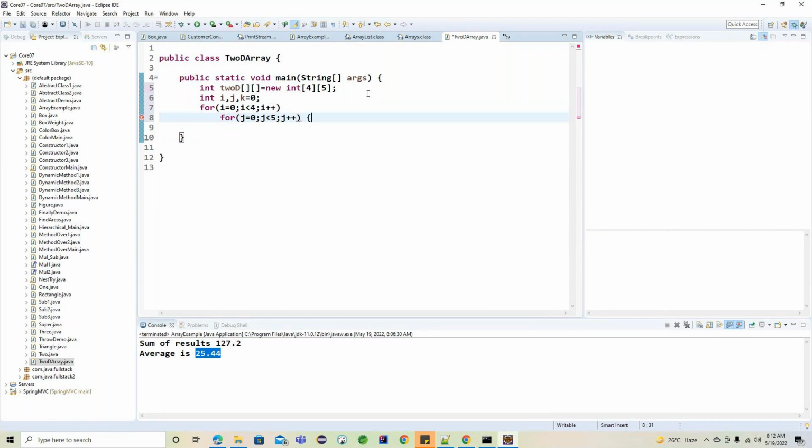Now I'm coming up with two for loops here. First one is row level, second one is column level, and I'm initializing the value. So how am I initializing? This is important here. First I'm declaring i, and second I'm declaring